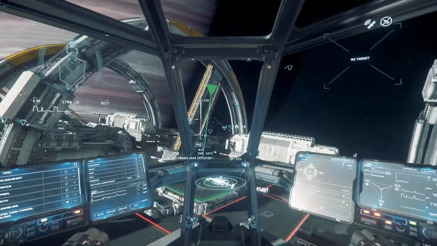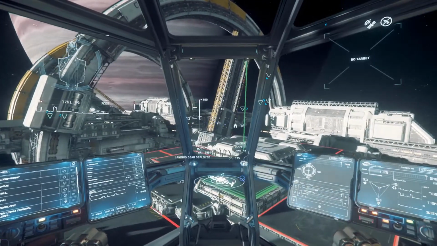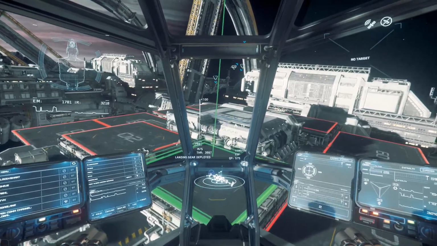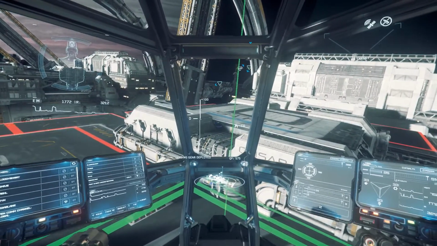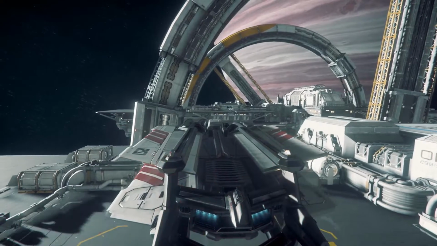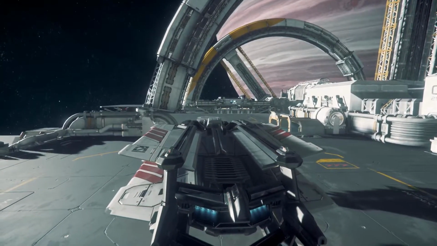Okay, they assigned us that one right there. Okay, now we're gonna use N to land. I'm gonna press and hold N when we are really on the top of it and closing up, and you can see how auto land works. Okay, see, this is auto landing. You press and hold N when you are on the top of the landing pad,